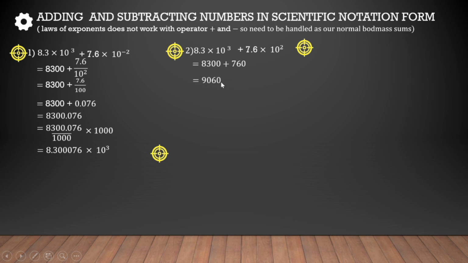Now scientific notation form, decimal is here because this is 9060.0. So it is actually here. So 3 places back means divide by 1000 and multiply by 1000. So this will give us the first number and here is the second number. Now let's come over to the third sum. What's the difference between this and this? Here the powers are very big.